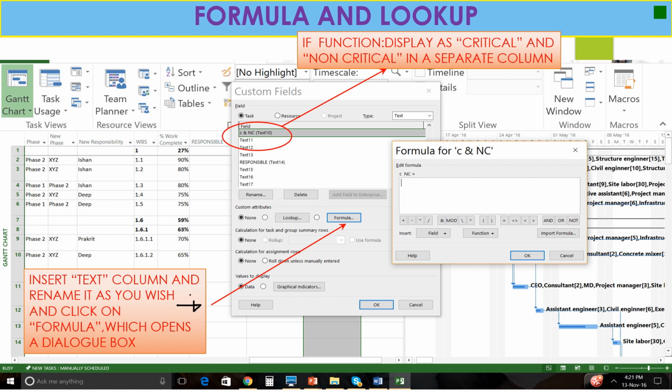For that, further you have to go to the Formula tab, and you can see that the formula for C and NC is open. Now we have to enter the formula manually in that pop-up, and then we can see which activity is critical or non-critical.